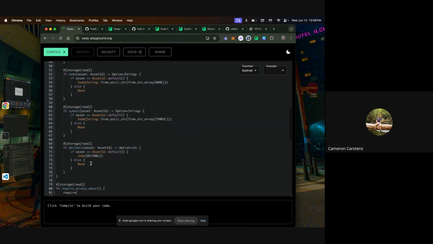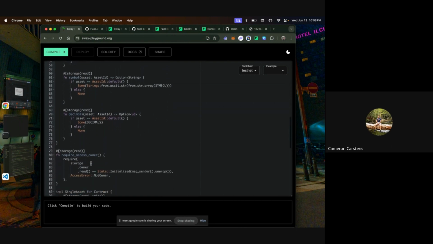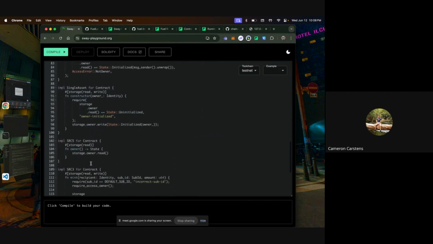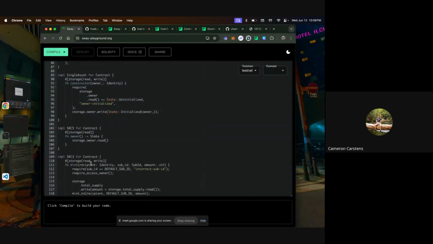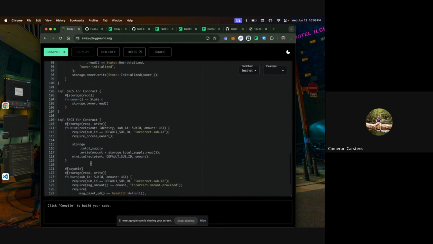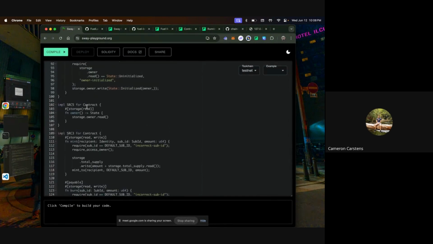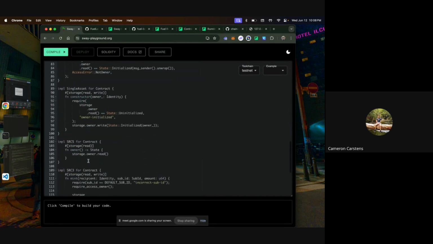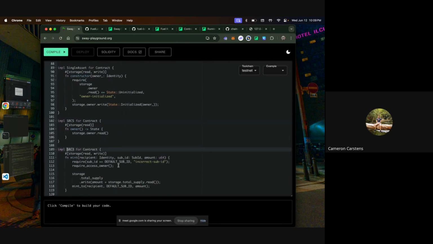I don't want to bore you with just straight code, so I'll cover this pretty quickly, and you're free to check this out anytime on your own. There are a few different standards here: the asset standard, the ownership standard, and the minting and burning standard. You can implement multiple standards per contract.